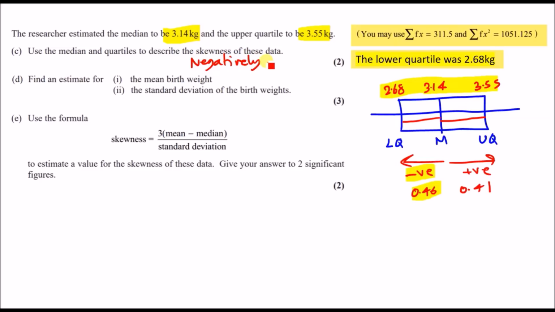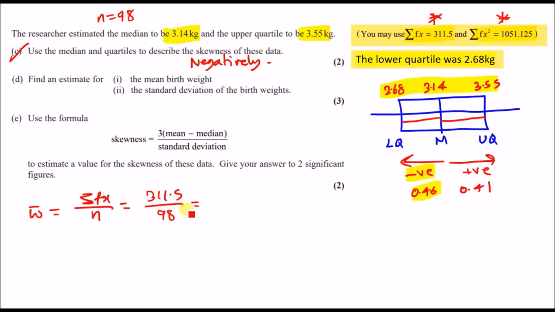And that's it. Now for D, it says find an estimate for the mean and the standard deviation of the birth weights. The good thing is from the very beginning, they gave us some data, which is these two. The sum of fx is that, and the sum of fx squared is this. Use the first one for the mean and the second for the standard deviation or variance. To calculate the mean, let's call it W bar. This is going to be the sum of fx over the sample size. Remember, n was 98. So putting the values in, 311.5 over 98. You should get an average mean of